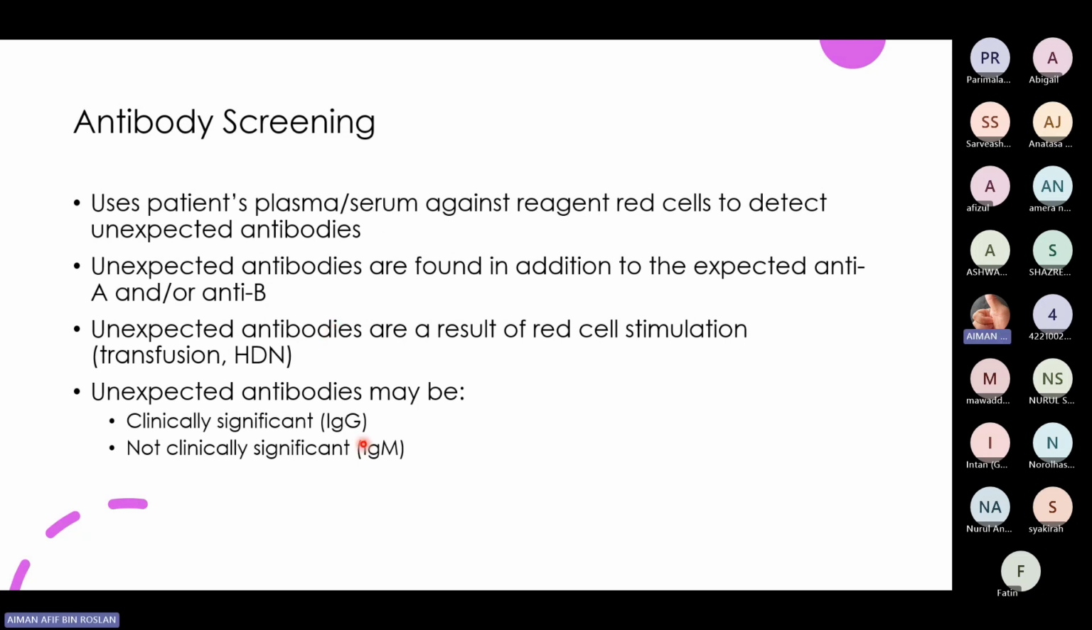Here, using patient plasma or serum, using patient serum against reagent red cells to detect unexpected antibodies. Basically, pasal antibodies ni kita akan pakai serum of the patient lah. Okay, red cells ni adalah reagent yang prepared. Kita buy from the known vendor. Okay, contoh macam